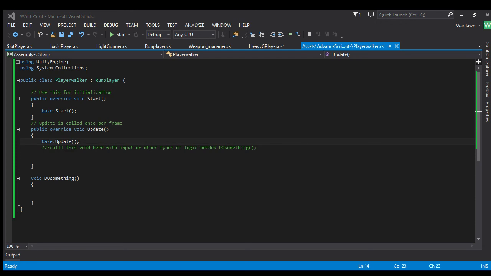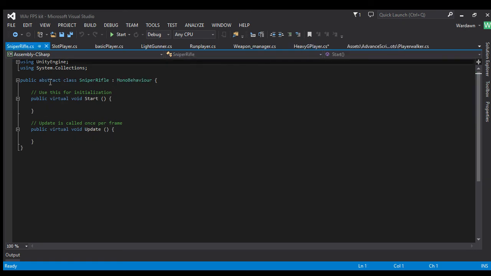Let's see if we can find those scripts right off the bat. Where is it? Sniper rifle. Okay, sniper rifle would be a very good example. This is an abstract class that's made to be overwritten. I would consider it probably some form of library class, but if you really think about it,